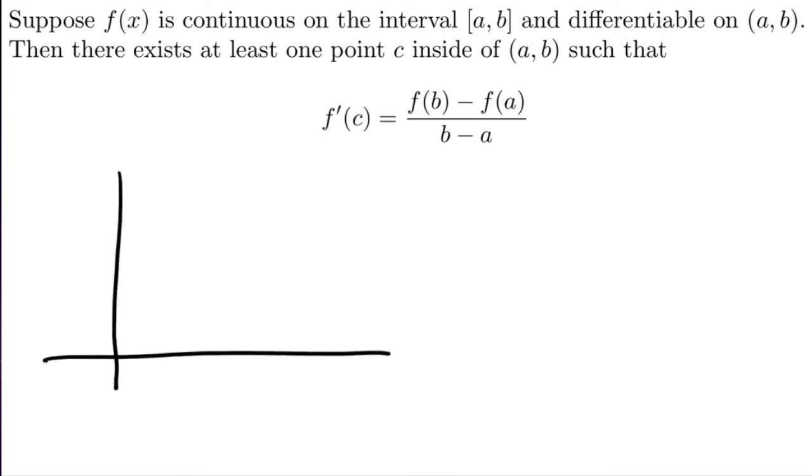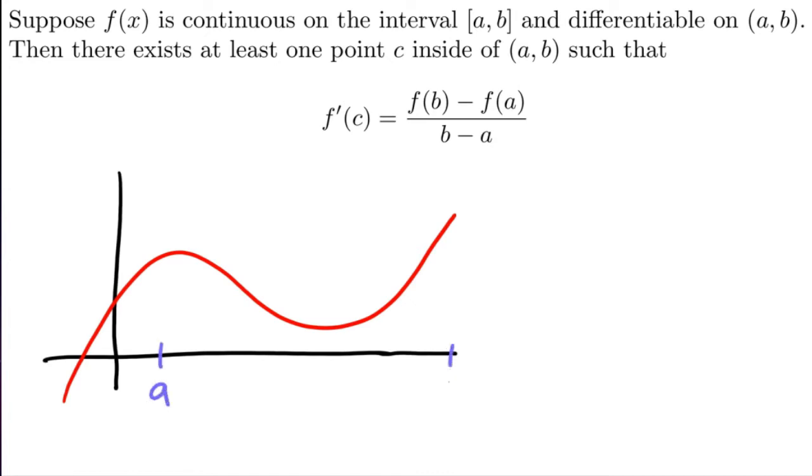Let's say you have a function, and it's a little curvy, and it looks like that. And let's say that here we're going from the interval a to b, and here this is the value of the function at a, and here's the value of the function at b. And so basically what the mean value theorem says is that if you draw a line between those two points and find the secant line, so it looks like that, there's this secant line,